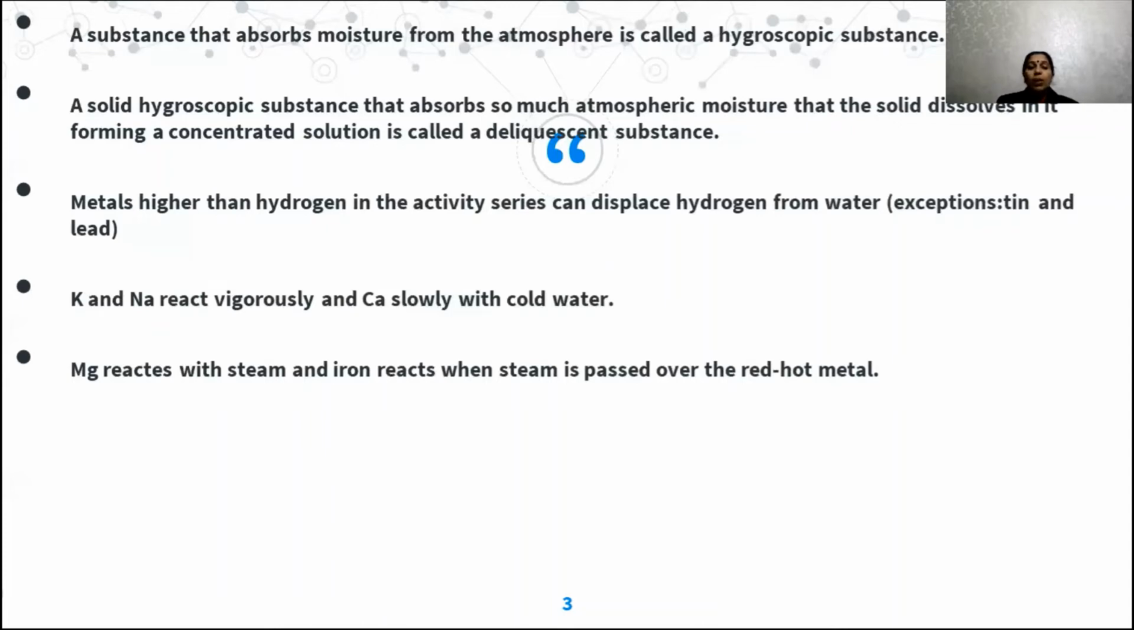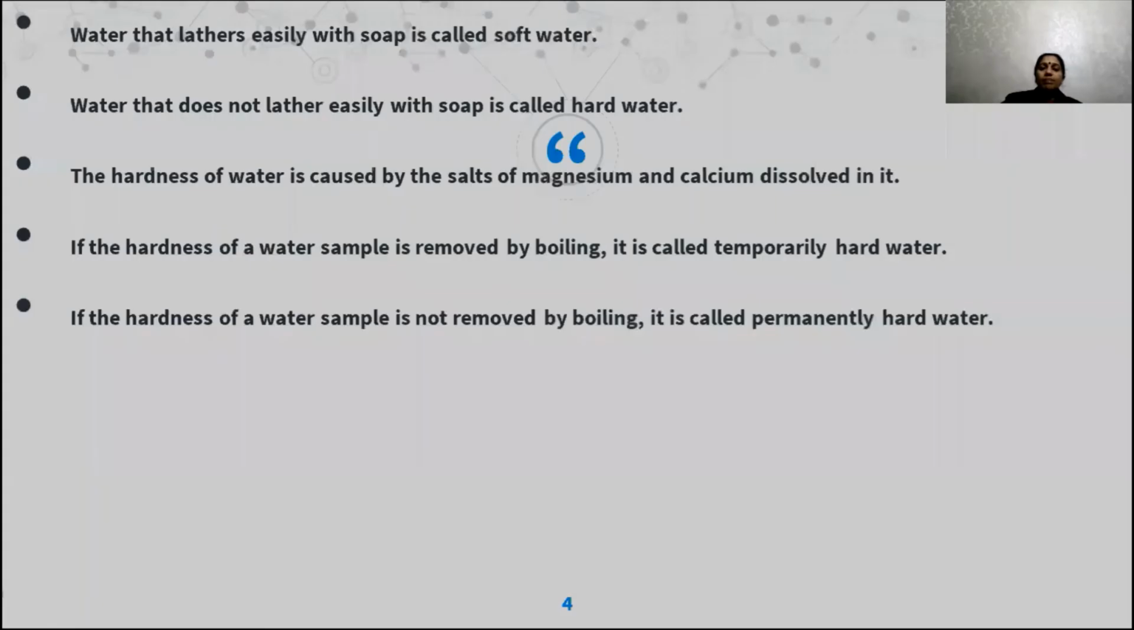The next one, magnesium. Magnesium reacts with steam, and iron reacts when steam is passed over the red hot metal. That is also special, and that's also mentioned here. Magnesium reacts with steam, and iron reacts when steam is passed over the red hot metal. Then next,